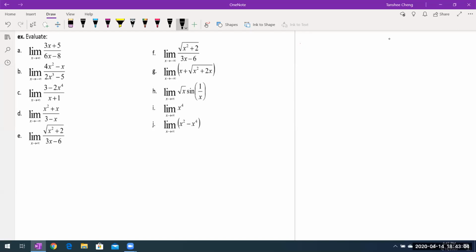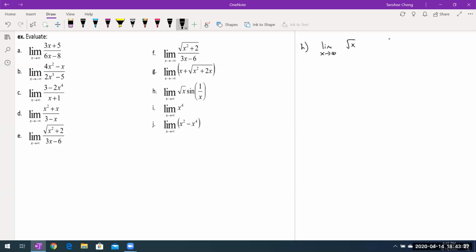So you should try example G yourself, okay? And the hint that I'm going to give you is to rationalize the numerator. And once you rationalize it, you can basically approach it the same way that you did in example E and example F. So now let's take a look at example H, the limit as x approaches infinity